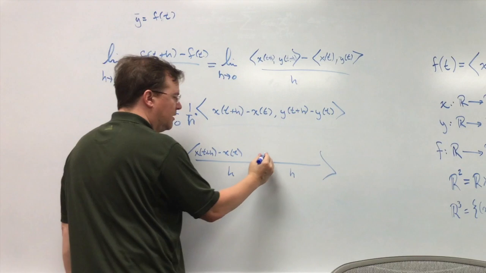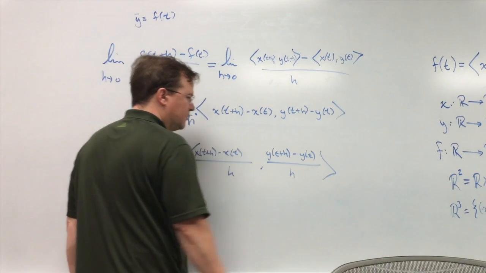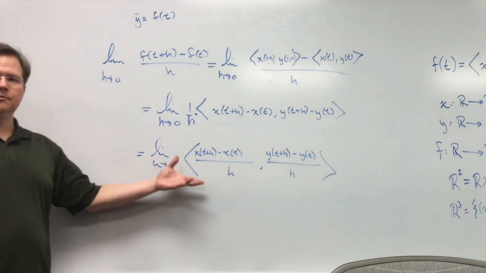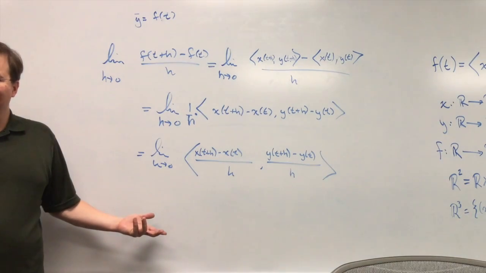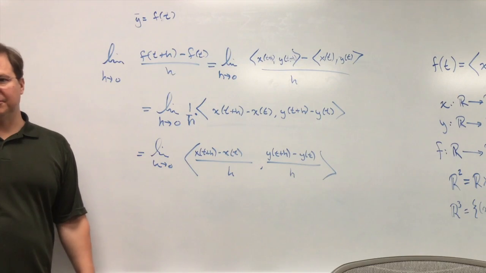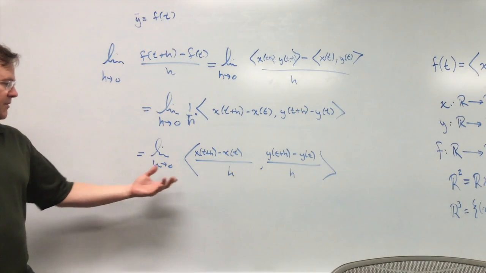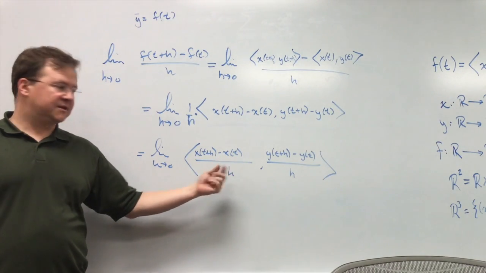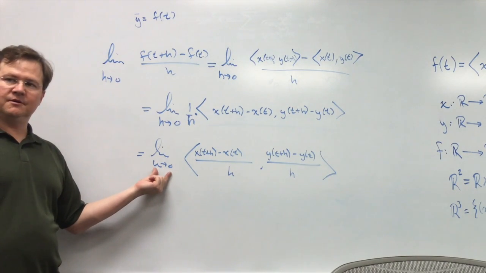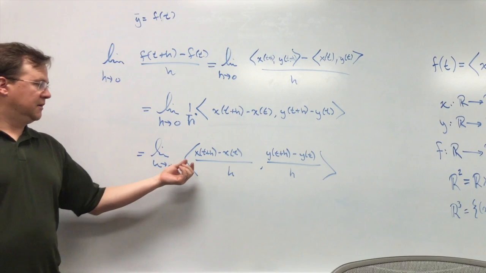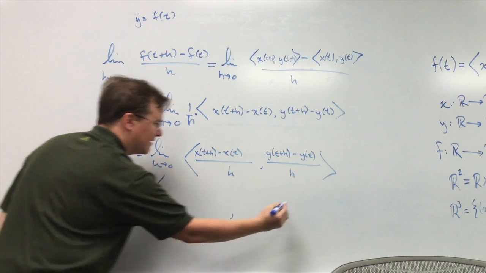Now, by the way, the details I'm going through right here are more of a theoretical exercise. So you're not going to have to be responsible for the theory, just the result that I'm attempting to prove. And along with it, it might be more memorable if you understand why it works. Right? Now, this is a vector that depends on h. And as h gets close to 0, the limit of a vector is the same thing as a vector of limits. In other words, this is the same thing as